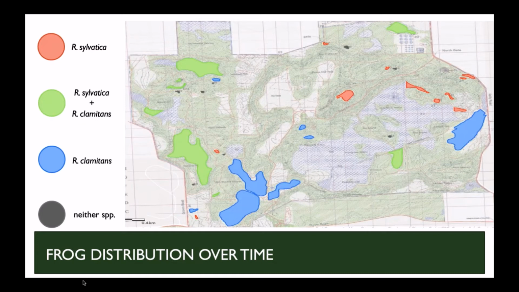Okay, so I'll go back into this. And now these are the same data represented in just a different way. On the y-axis, we have the number of ponds occupied, and the x is each year. All of the colors represent the same group, so the legend still applies. But as you may have seen in the animated maps, the number of ponds that we found exclusively wood frogs normally outnumbered the other types of ponds, especially at the beginning